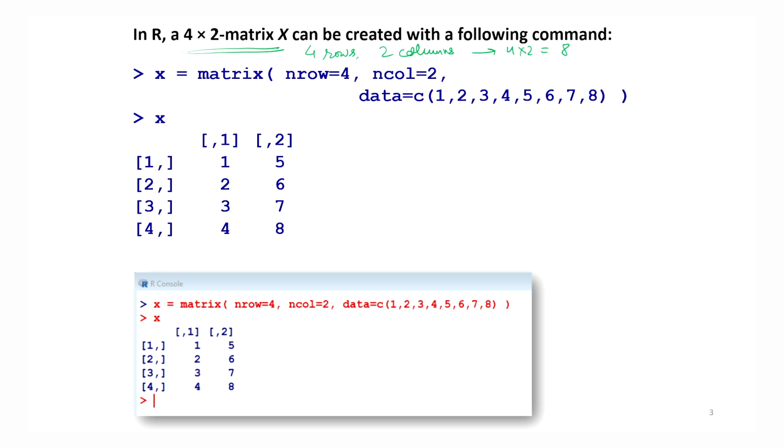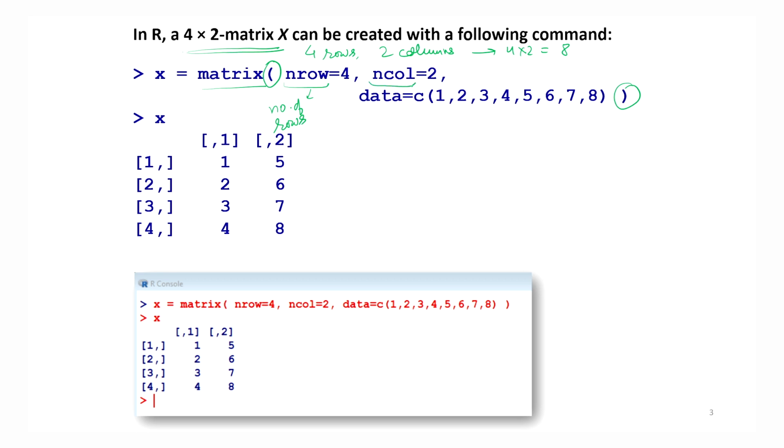So in order to create a matrix, or to request the R software to create a matrix, the command is matrix, and then inside the parenthesis you have to give different types of options or information. So I want to inform the R software that there are going to be 4 rows. So this is obtained by writing nrow, which is indicating the number of rows, nrow equal to 4.